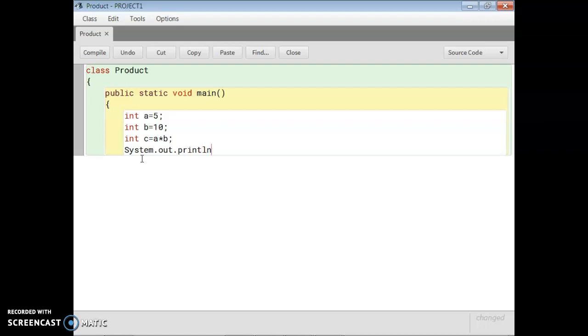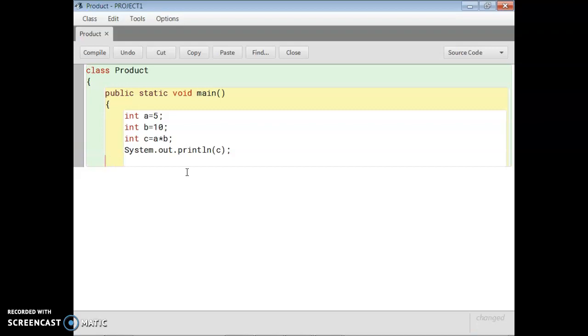This is ln, not in, no gap. I have again mentioned ln, not in. Then within the bracket, you just print your result, which is c. Then you put a semicolon.